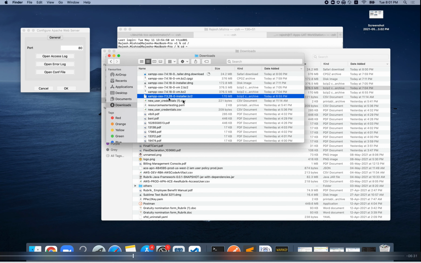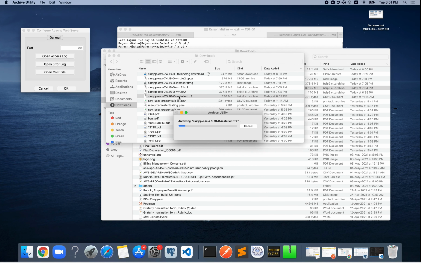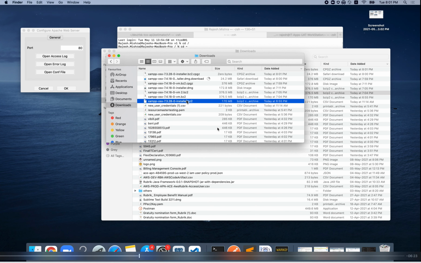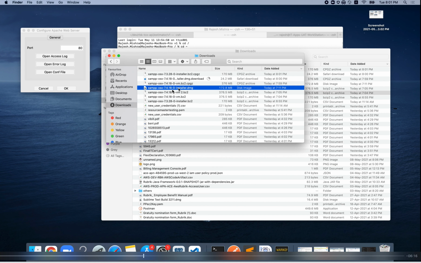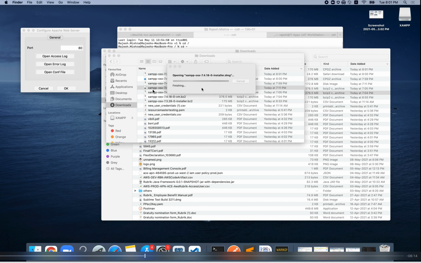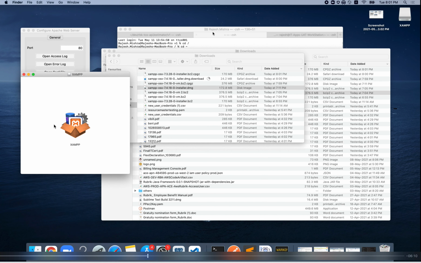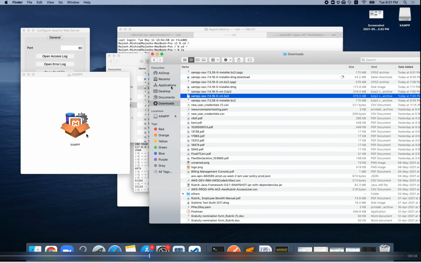The .bz2 is the file you download from the first screen, but it wouldn't work. So you download this file installer.dmg, and when you click on it, the XAMPP icon will appear.